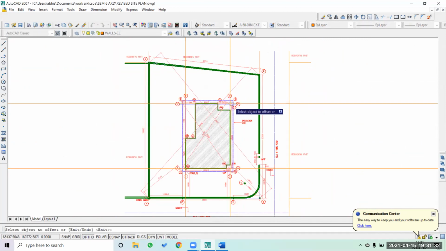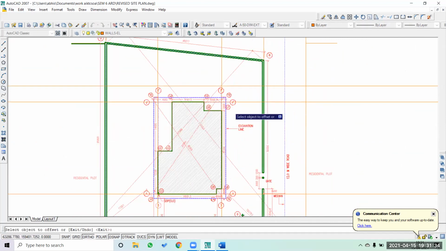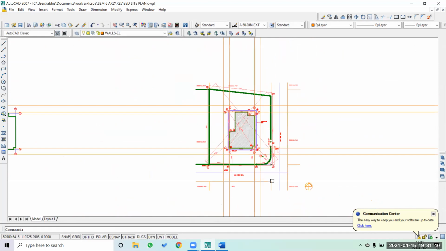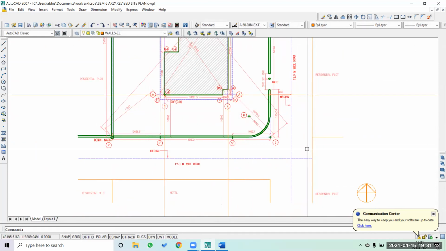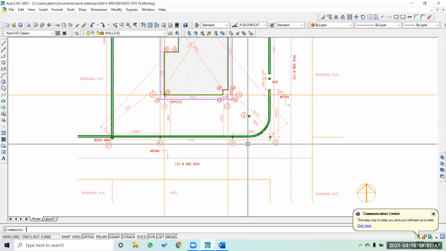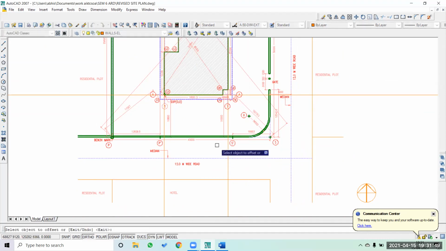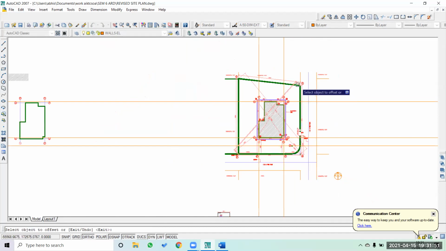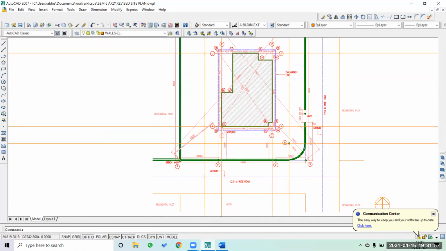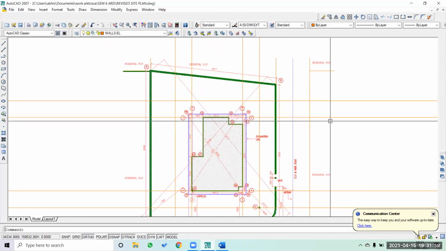So I'm going to create 4.5 meter wide. Okay, or if you want you can also create a 6 meter wide driveway on the four sides of the road.